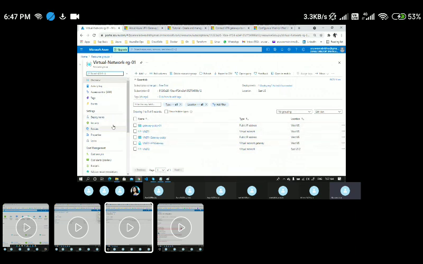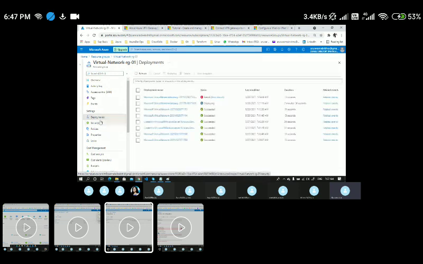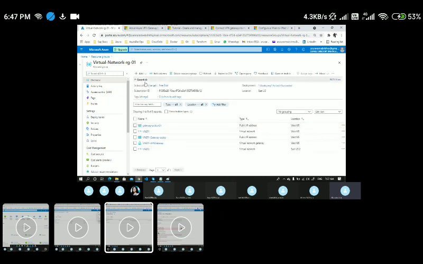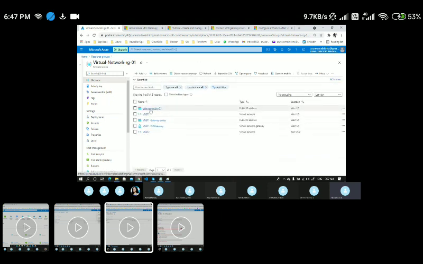If I want to monitor the deployment status, I can go to this particular deployment also, and here I would see a deployment is in progress. Since my network has some conflict, I'm not able to see it, but that's fine. One deployment is already in progress, so let's not disturb that. It is going to create a VPN gateway, that is a virtual network gateway, along with a public IP. This we can delete.